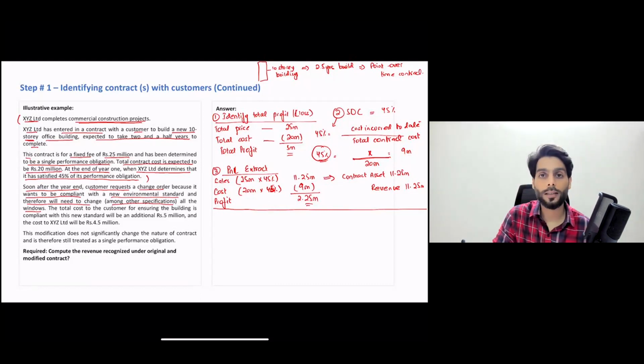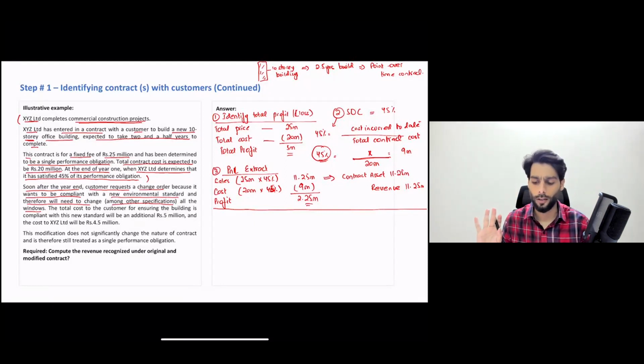You had to prepare a 10 story building, and now the customer is just saying, just change the windows please, because I want to be more environmentally friendly. I want to be more energy conscious, and therefore I just want you to change the windows. Now that is not a distinct good or service or a standalone price scenario,